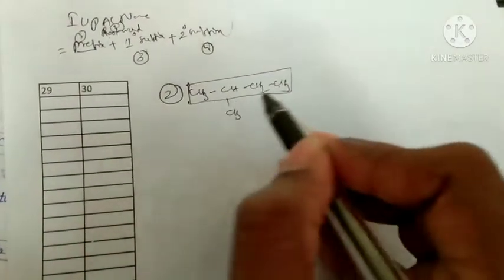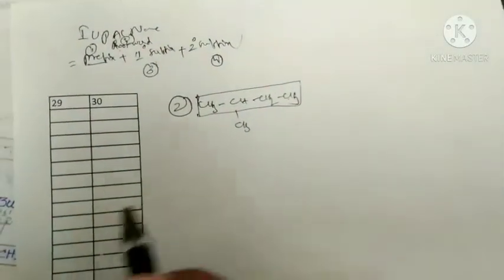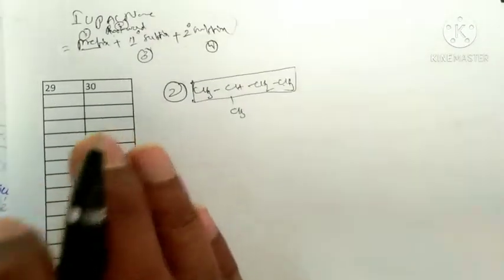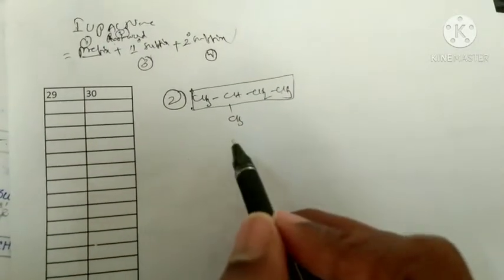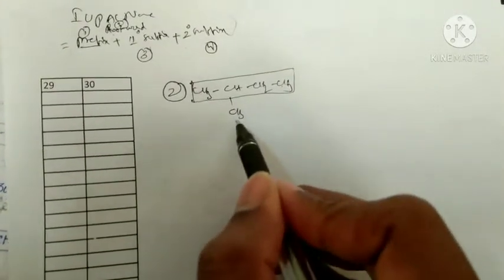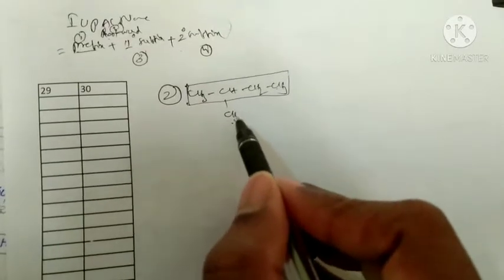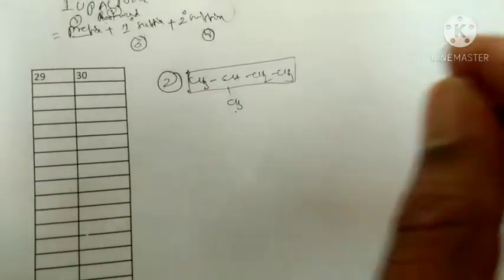After selecting the straight chain, what do we have to do? We have to give numbers. Before giving numbers, what do we have to see? Whether a functional group or a substituent is present. Which is present? A substituent is present. The carbon atom bearing the substituent should get the lower number.